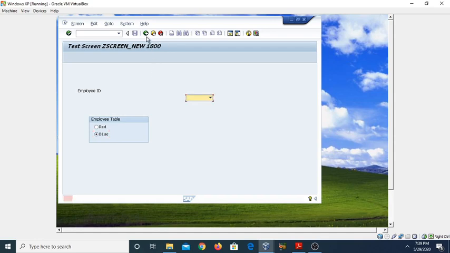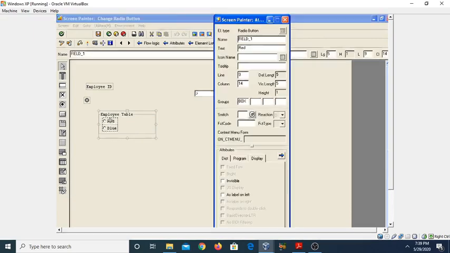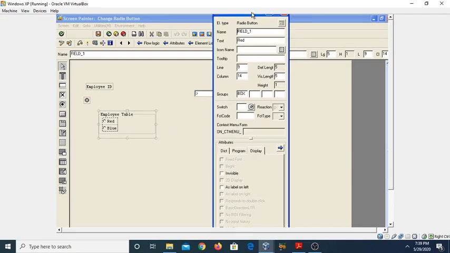If you want to go back, the one thing I want to tell you here is that this is a required entry field, because we have made it a required field. You can also set the attributes of these radio button fields. You can see we have a number of fields here. You can select either one.